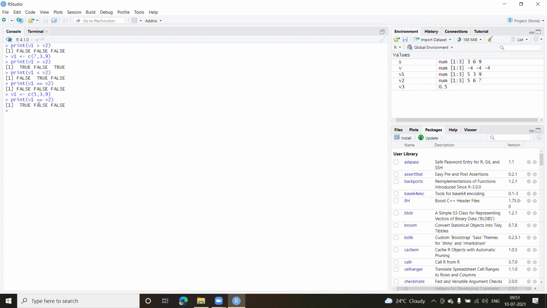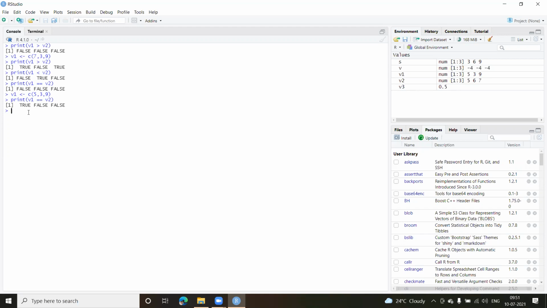Now you can see, because the first number is the same, 5 is equal to 5, that's why I get true here. So whenever you're using the relational operator to compare two values, you use the double equal to sign. Without a space, mind you. It is two continuous equal to signs to compare two values. It is a relational operator.